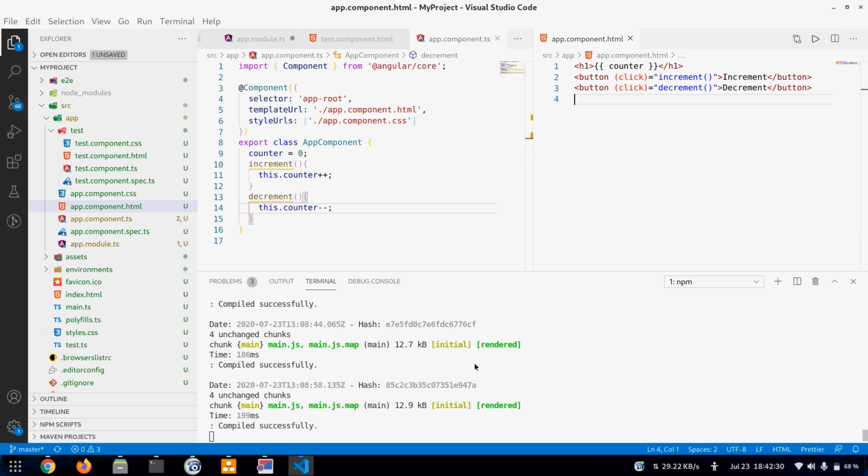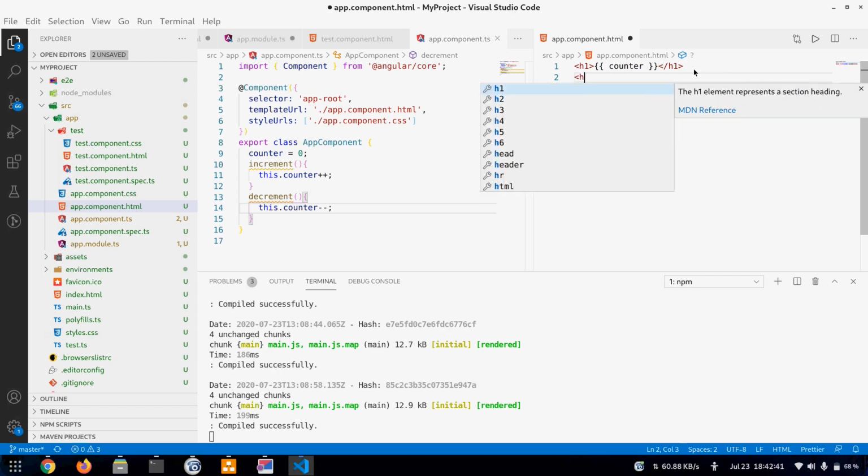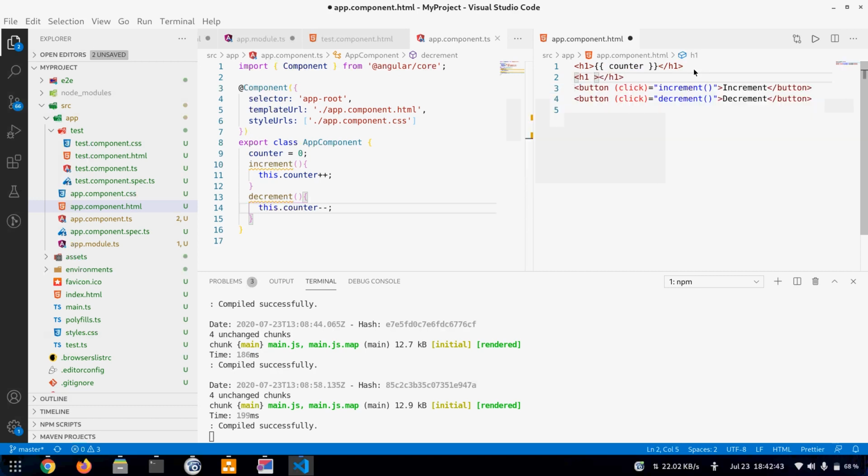Sir, are we using Jinja over here now? No, these are syntax of Angular. Like this is string interpolation. We can also use property binding here. Like innerHTML is a property of the h1 tag, so I can type innerHTML or innerText.